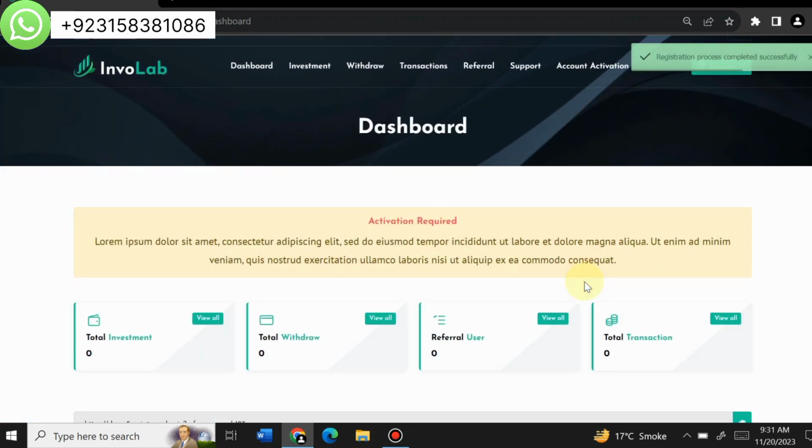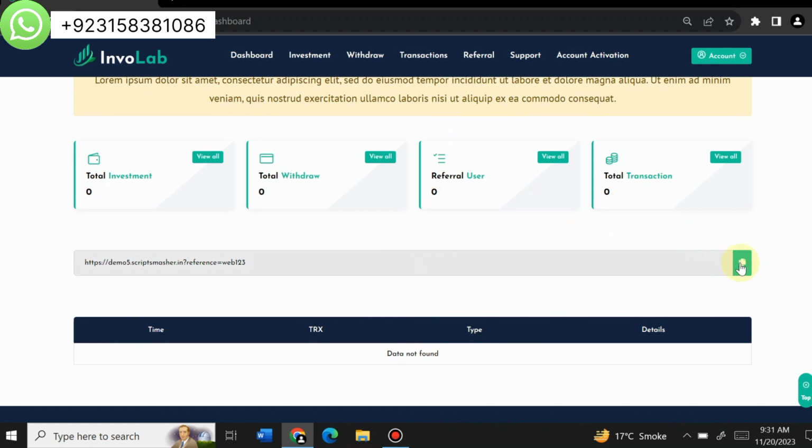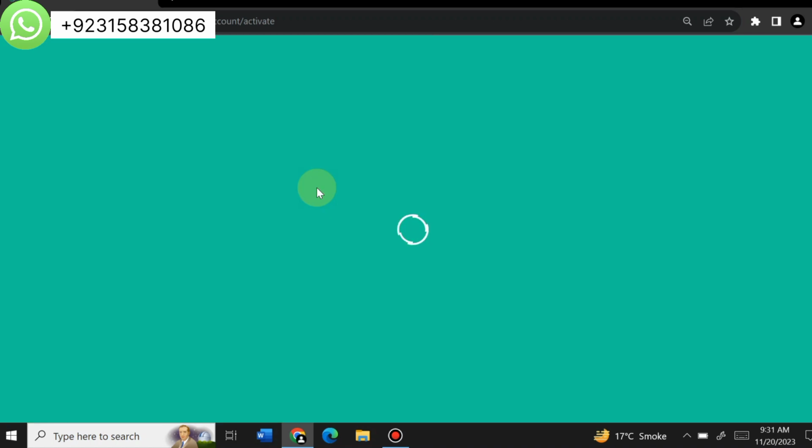So this is my amazing user panel of this website. So here you can see that this is your referral link. You can refer to any person you want. Here you can see the total investment, your total withdraw, total referral user, total transactions, and there is a main thing. So here when we click on invest now, you can easily invest in the plans that are on your